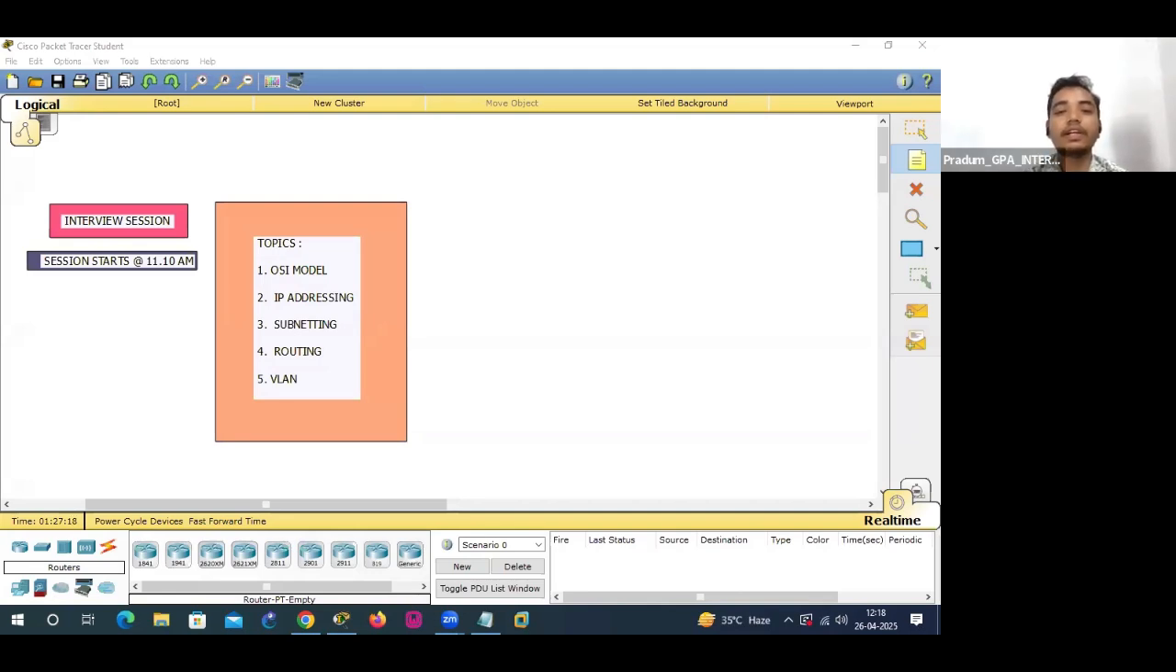Now we understand how to do subnetting. Suppose you have a network address 192.168.1.0/24. First of all, there are some